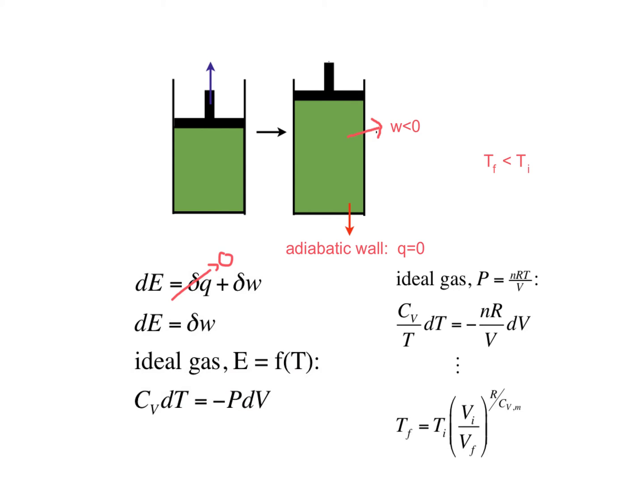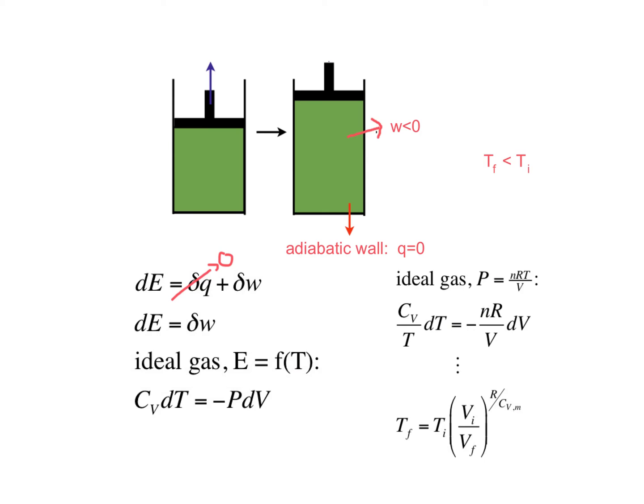For an ideal gas, the pressure is nRT over V. Making that substitution and dividing through by T to get all the temperatures over here and all the volumes over here, we can integrate both sides of this equation, do some algebra, rearrange, and show that the final temperature is related to the initial temperature by the ratio in volumes raised to the gas constant divided by the heat capacity